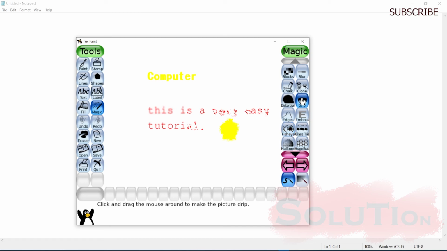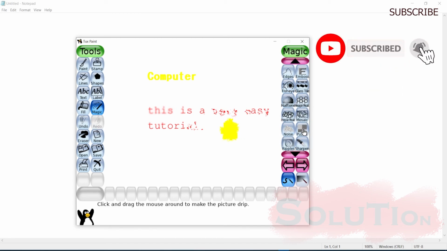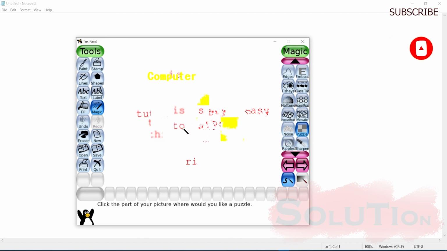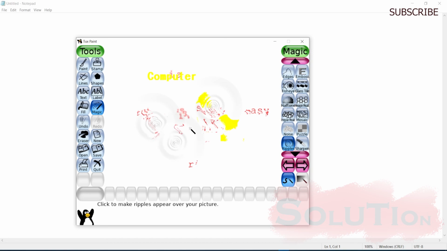So these are a few of the tools, and very easy to use. Okay, very easy to use, and different effects also we can give here. So in the upcoming videos we'll try to explain the magic wand tools, but I hope how to use the Tux Paint tool